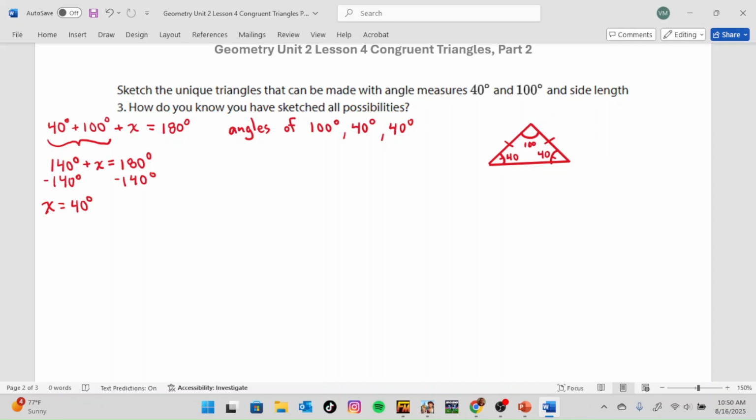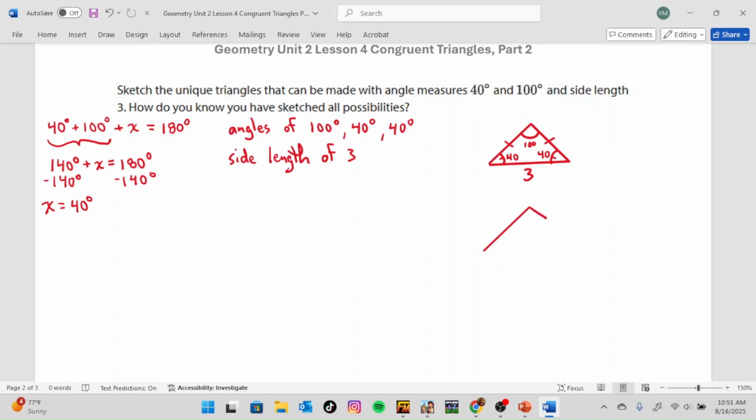So there are two possibilities here. We know we have a side length of 3. Well, the first option is to say that the side opposite the 100 degree angle is the side that's 3. And then these other two sides must be something smaller than 3. Or